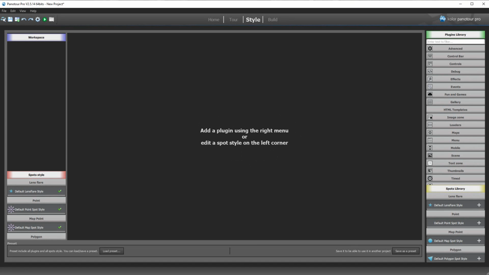In this segment, we'll cover the customization of hotspots as well as the use of a custom picture hotspot. To get to the hotspot customization workspace, you're just going to click Style in the menu bar along the top of the application. In this example, we will not create a new one. Rather, we will just customize an existing default